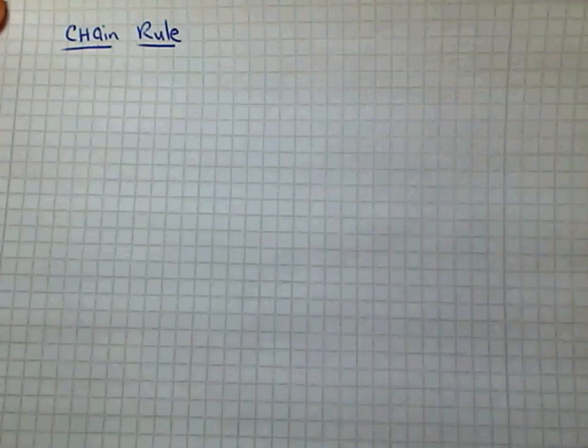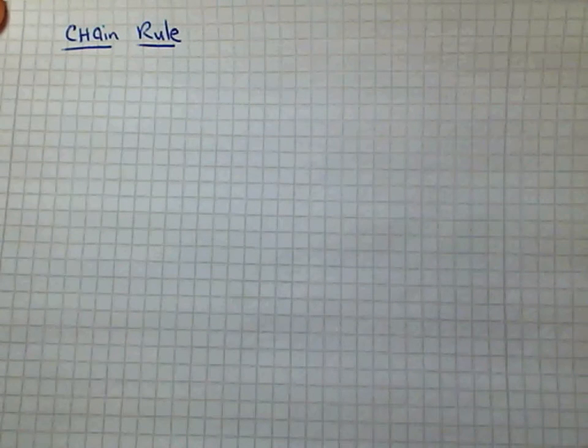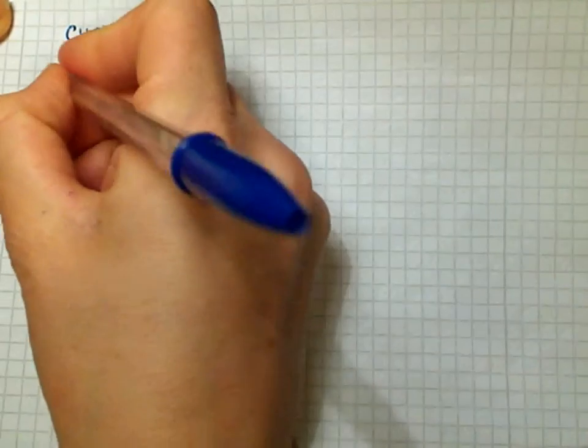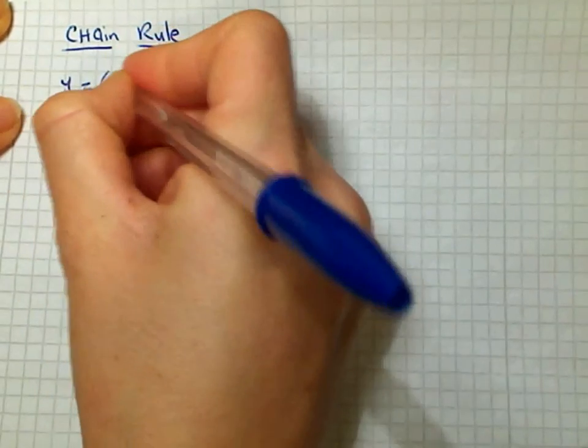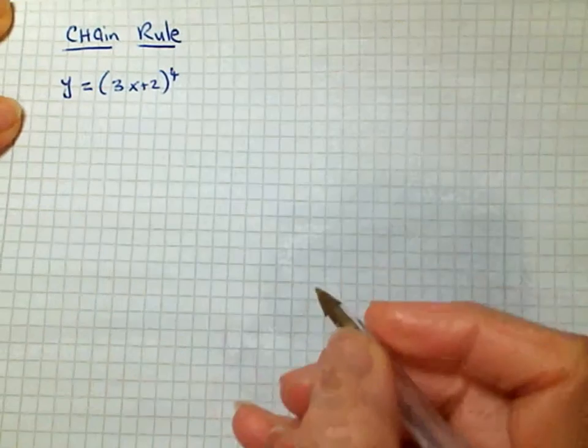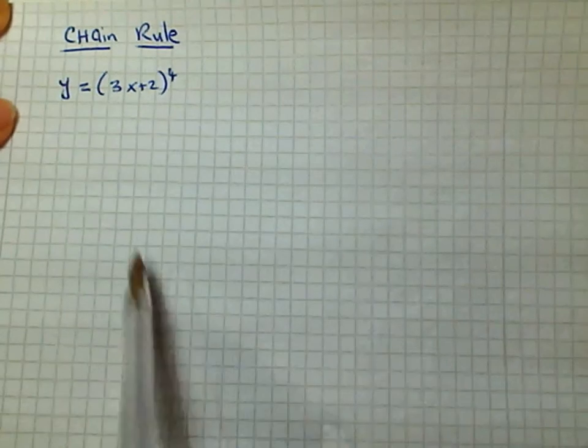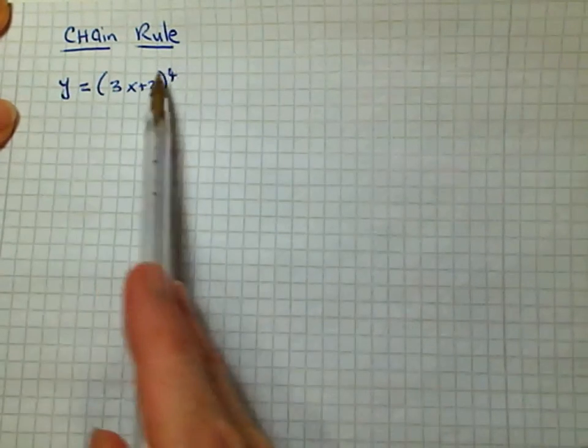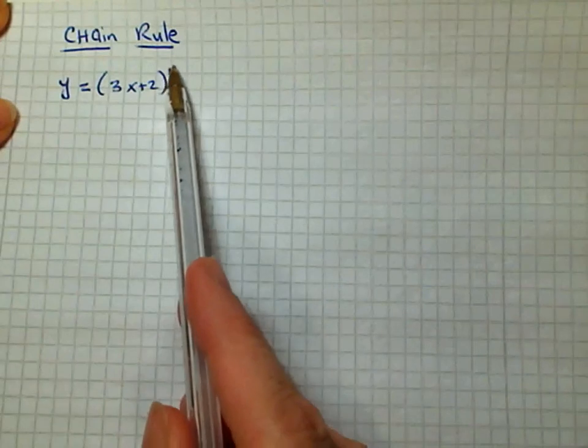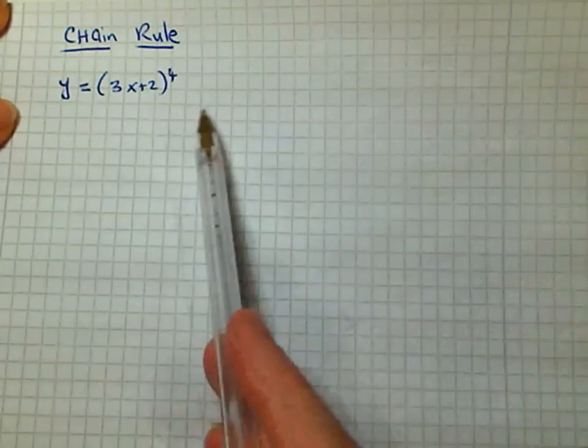So, differentiation tutorial, higher level. So the chain rule. We'll take a very simple example just to demonstrate the rule. y is equal to (3x + 2) all to the power of 4. Now, the chain rule enables us to differentiate without having to work out or multiply 3x + 2 by itself 4